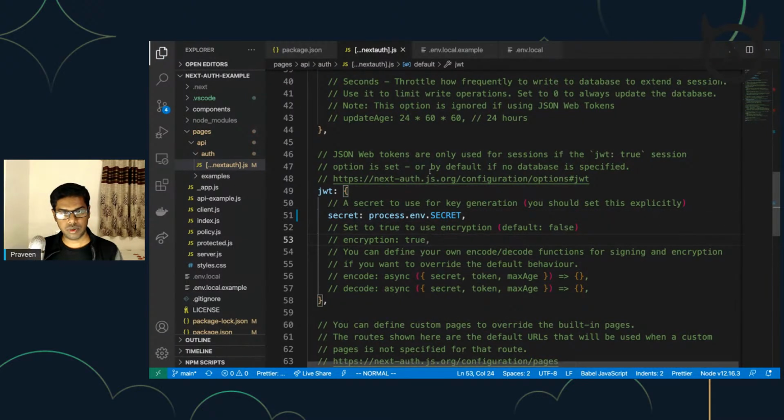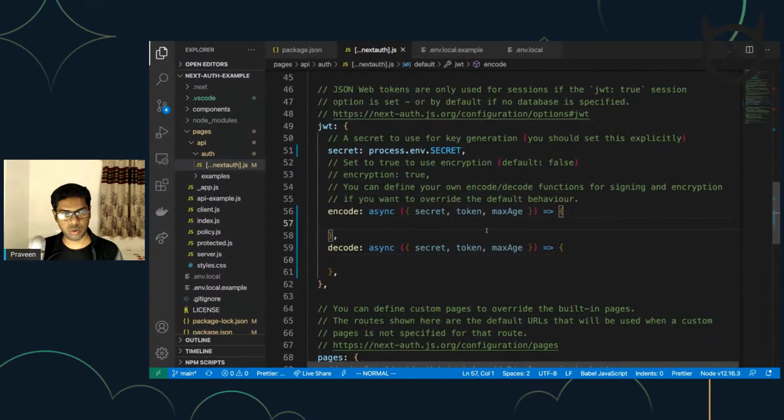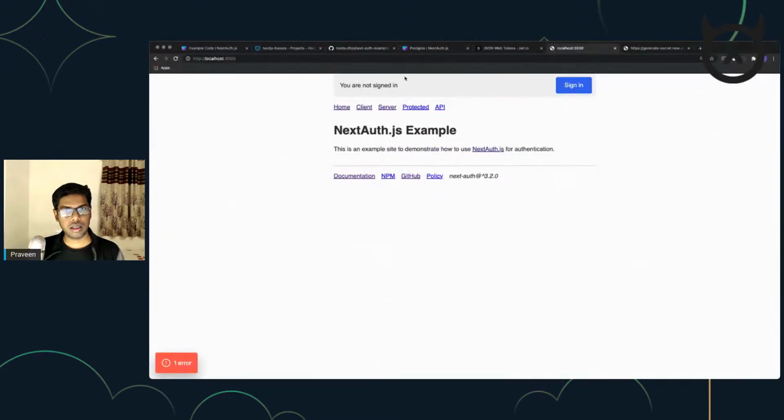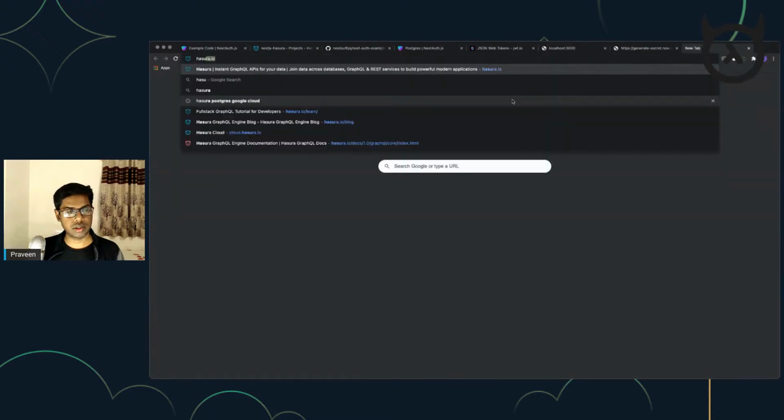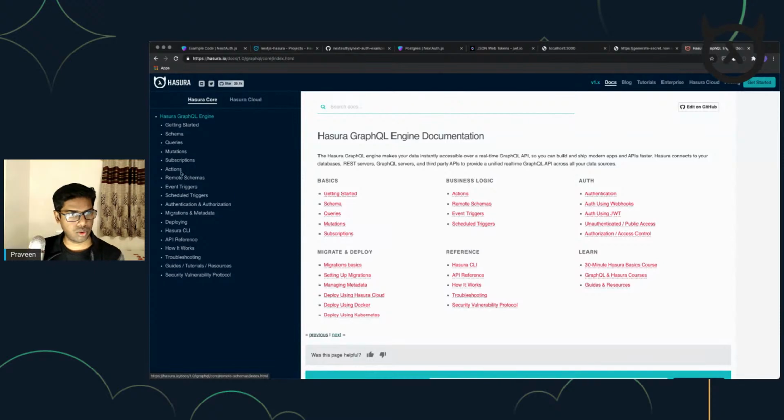And we probably don't need encryption for now, so let's skip that. And we need a way to encode and decode the token that we create with JWT. So these are the two functions that we need to override to override the default behavior that NextAuth provides. Cool. So stepping back to see what Hasura requires for JWT, we'll go to